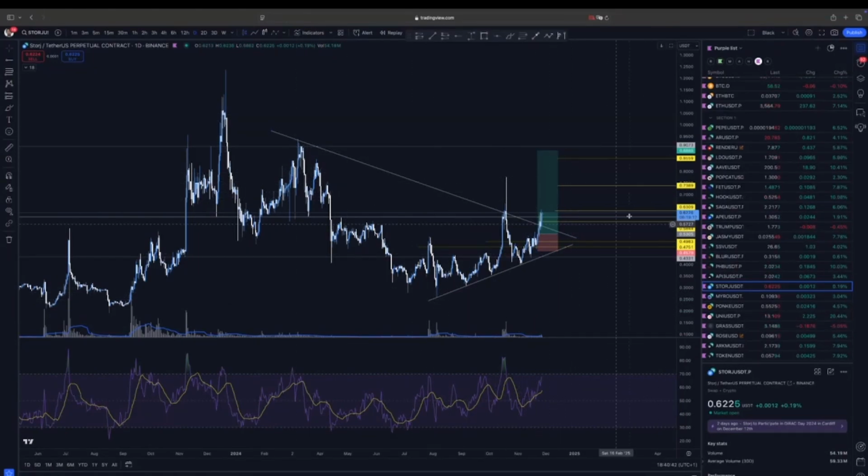You break that diagonal, you got a bunch of liquidity. I'm riding this Storj all the way to the top. I still have it open, right? Because I'm looking at the weekly. How do you determine how high it's going to go? So for me, you look at the top of the break of the trend, or